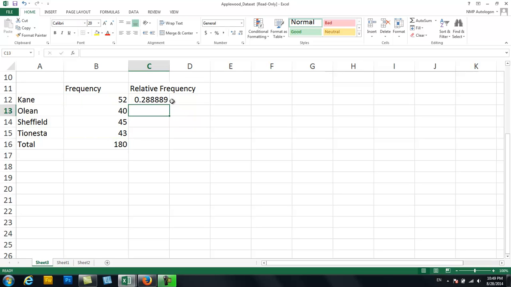I get my 28%, 29%. I'm going to drag this down, and then I get my percentages for each one. Now if I add this column up, it should equal 100% or 1. Okay, so the relative frequency is just the percent, and when you add up that column, it should always equal